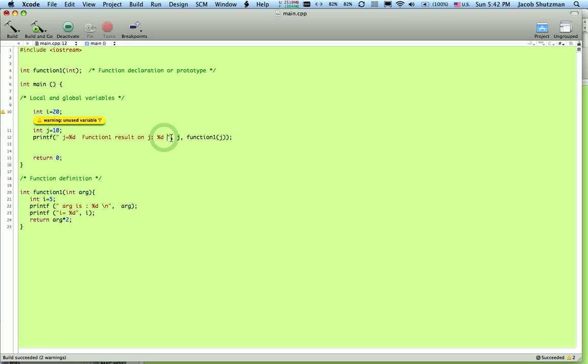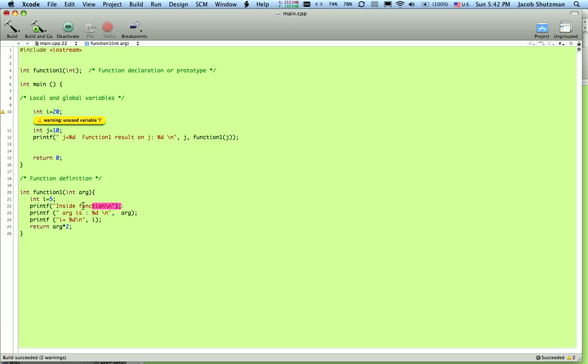So put \n here and also here, and I will put another print which will say where I am. So I'll put printf "inside function\n", close it,